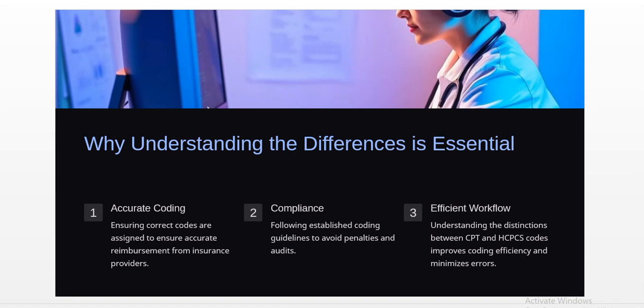So why is understanding the difference essential? In order to code accurately, understanding the difference between CPT and HCPCS is very essential. For example, if you are coding for any type of supply, you need to use an HCPCS code. You can't use a CPT code. So if you know the difference between CPT and HCPCS, you won't waste your time and you are able to code fast and accurately. For example, if you want to code for any type of surgery, you will not find those surgery CPT codes in HCPCS codes. So if you know the difference between CPT and HCPCS and their purpose, you can code very fast and with